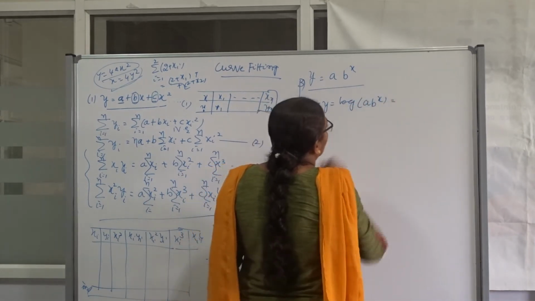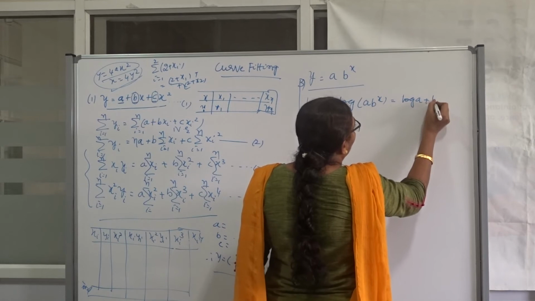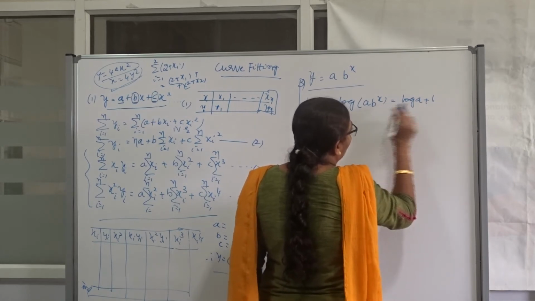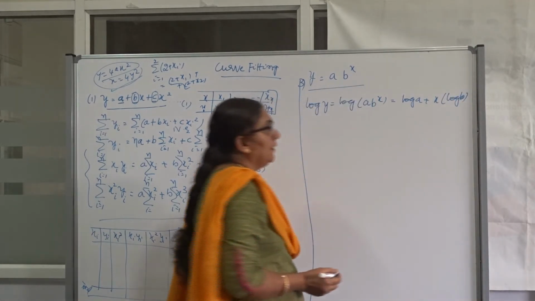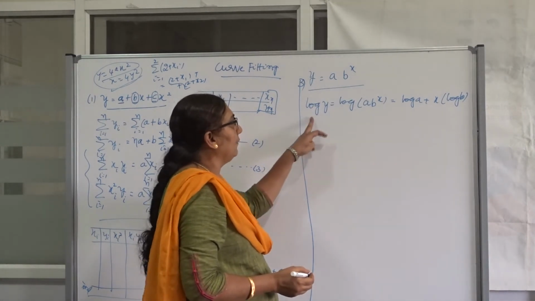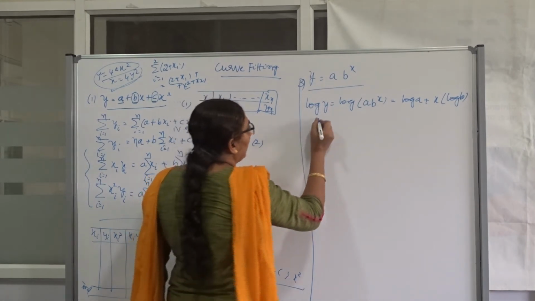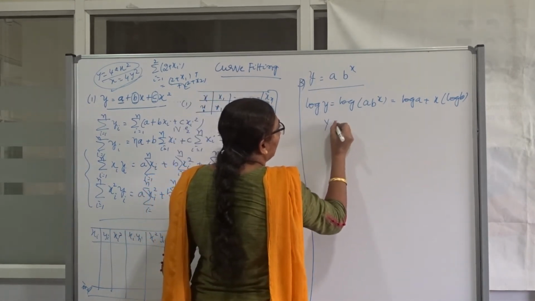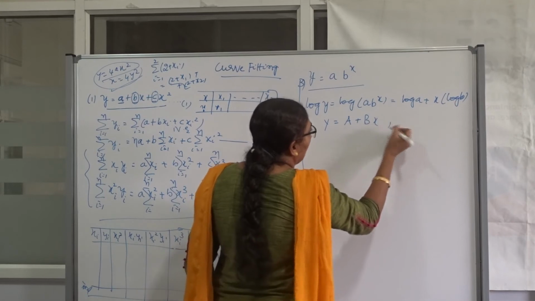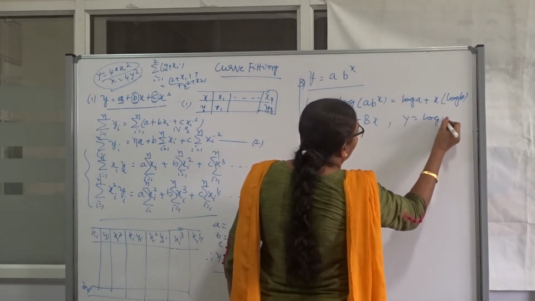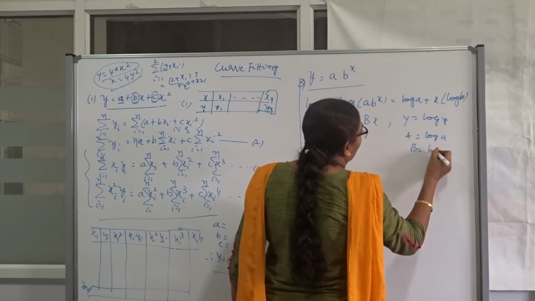Now I have to simplify this. How to simplify? Log of AB is nothing but log A plus log B. And log of B power x is x log B. Now for my convenience, after I have taken log, whatever variables and constants have a log, better I replace them by capital letters. I am going to take log y as capital Y. Now capital A for log a. X you don't have log, so leave it as itself, and capital B into X. Where capital Y is equal to log y, capital A is equal to log a, capital B is equal to log b. Okay, fine.